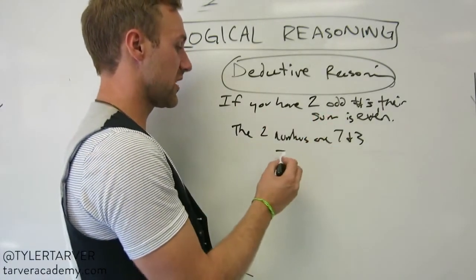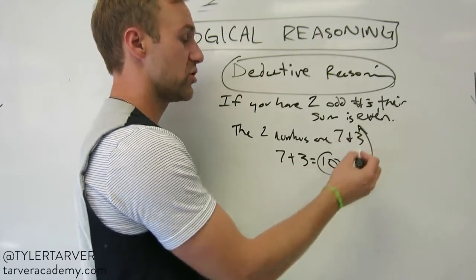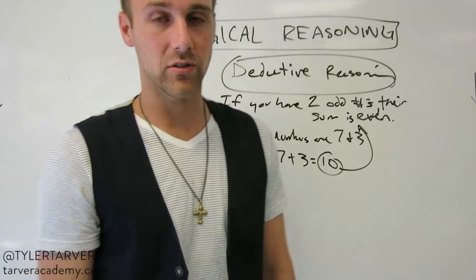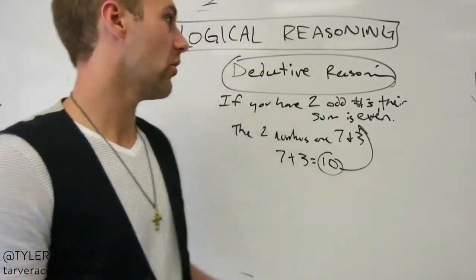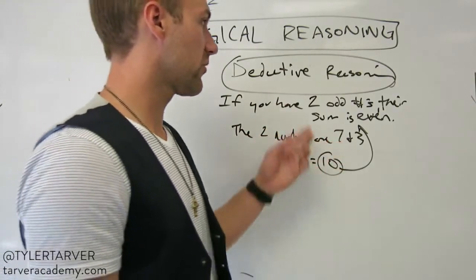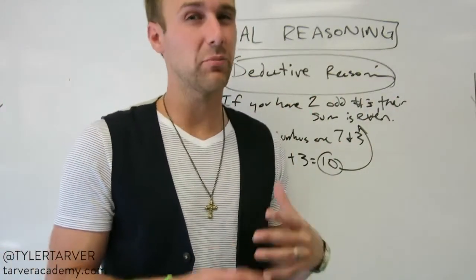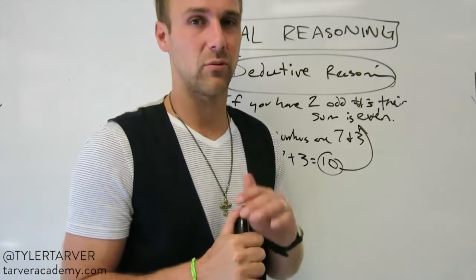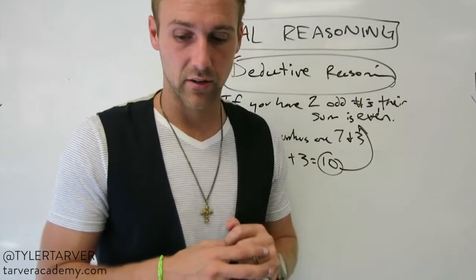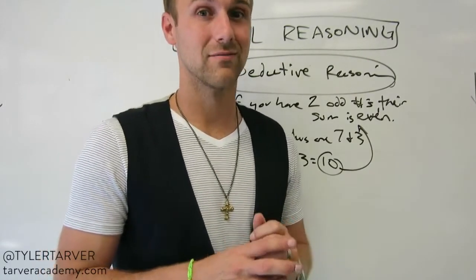Those are two odd numbers. 7 plus 3 equals 10. Is 10 an even number? Yes. That's correct. So I use my deductive reasoning to say, these are correct for this. I use facts to lead to my conclusion. And that's the simple version of deductive reasoning. I've also got a video on deductive reasoning that focuses a little more in depth. But that's pretty much that. So, cool! You just learned. And it felt great.